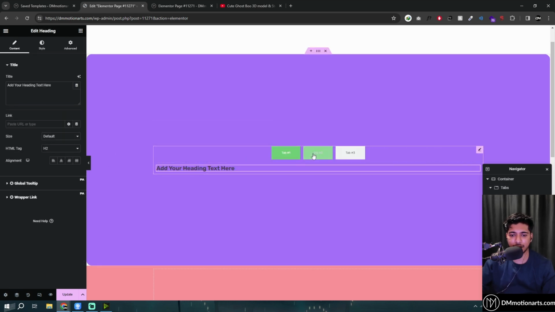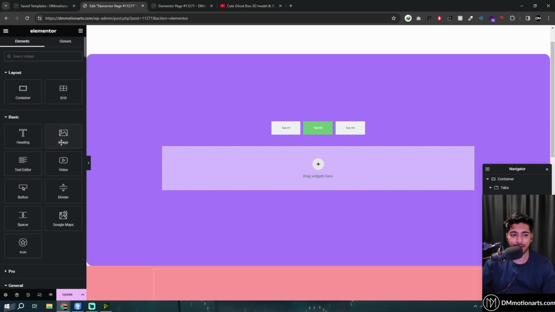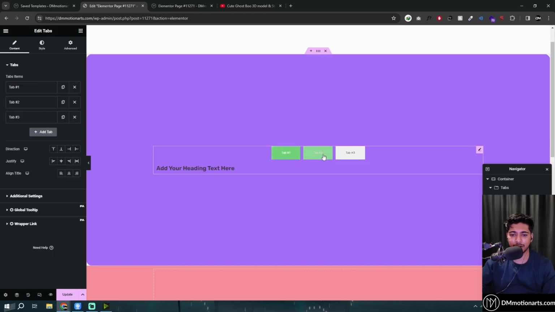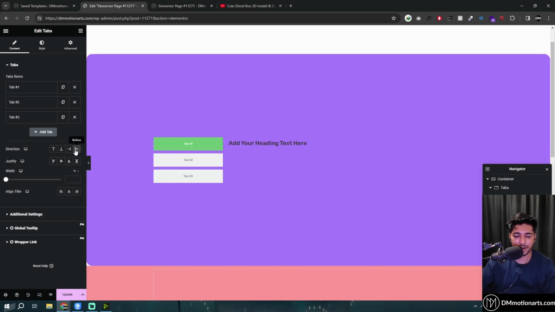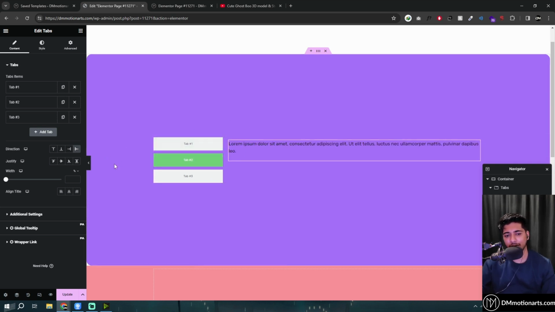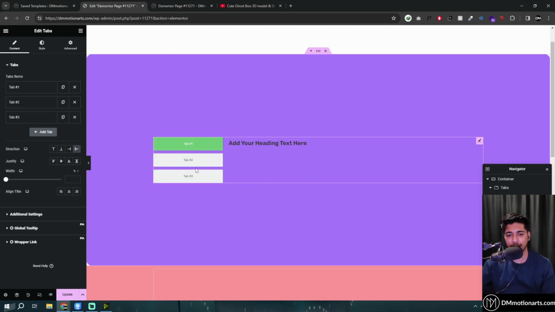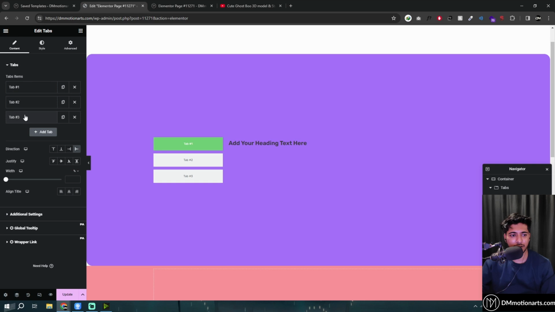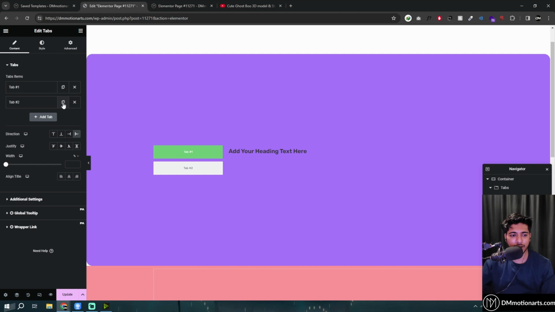So let's say if I add a heading in the tab 2, I can just basically add a text editor like this. So in the tab 1 we have this one, tab 2 we have this one, and we can have a feature list. So if I go into my start justify like this and then make it like this, we could have, this is what we provide. We provide SEO building, we provide this stuff, we provide this stuff, and then have different images and all based on the text. So there's an option to add an icon around here, and then also an option to add a CSS ID. We can delete stuff, we can duplicate stuff,